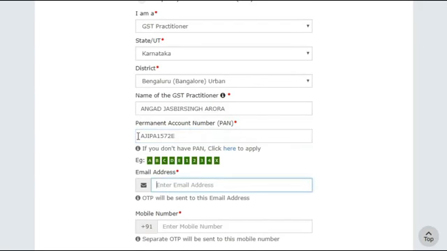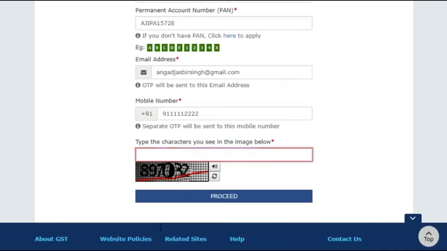Make sure to enter a valid email address and Indian mobile phone number, since the GST portal will communicate one-time passwords, OTPs, and notifications at this address and mobile phone number.